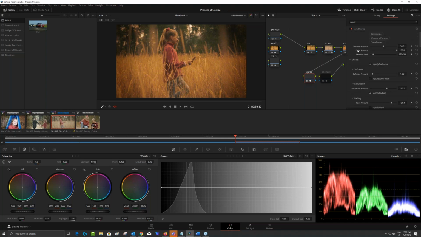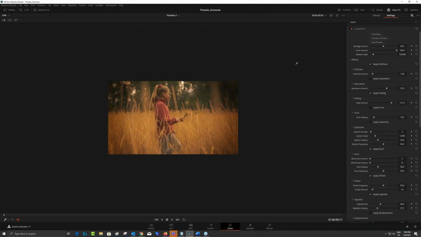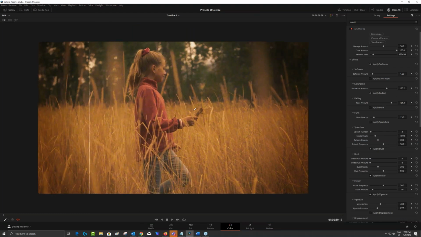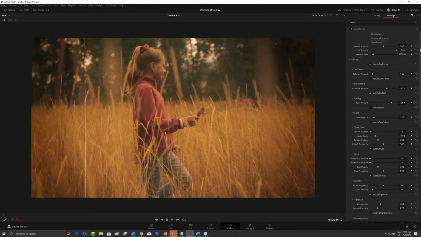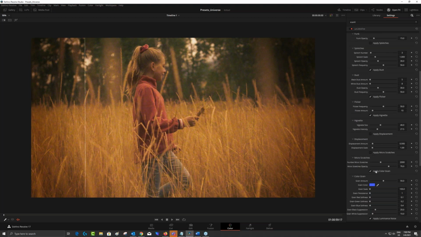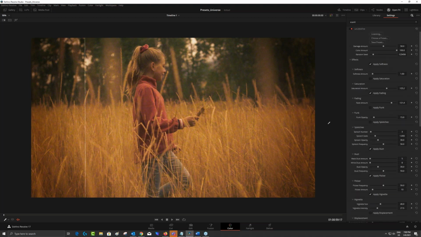So if you are using OpenFX in the Resolve and you need more space, you can simply press Shift and F, and you have all these controls to play around. What I did here is that I apply softness and apply fading, and then also the dust, flicker, and then the vignette, as you can see, and then the grain. So if I press Shift F again,